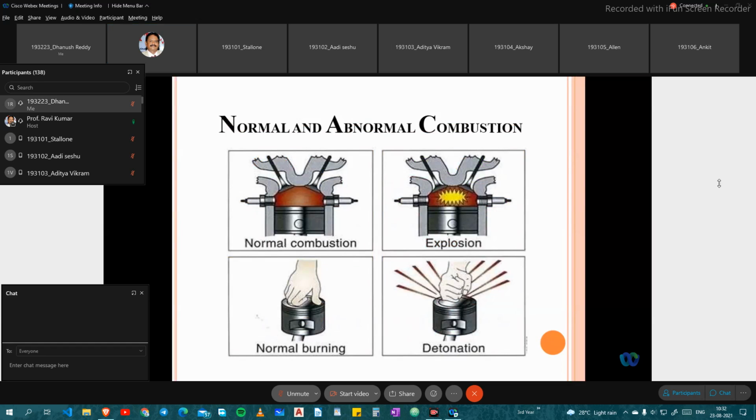As you can see, it's a normal combustion in the cylinder, and normal burning will be taking place in the cylinder top. You can see it, and where you have an abnormal combustion, after the explosion, you are going to get a detonating noise on the top of the piston, like hammering. It is like taking a hammer and knocking on the cylinder head, and that gets the noise. That is called detonation. Detonation will have an unusual noise on the top of the piston.